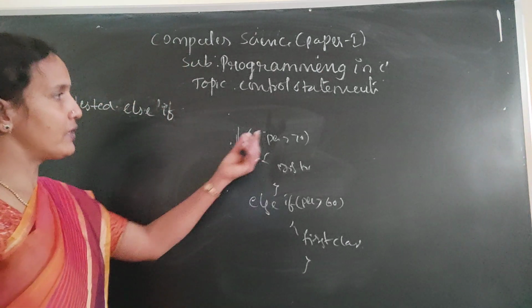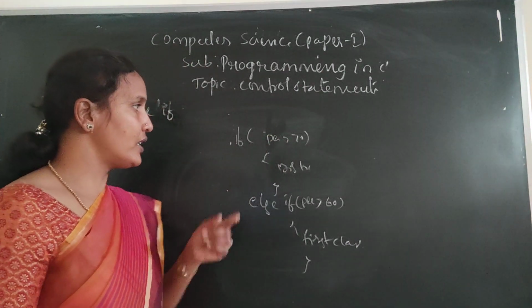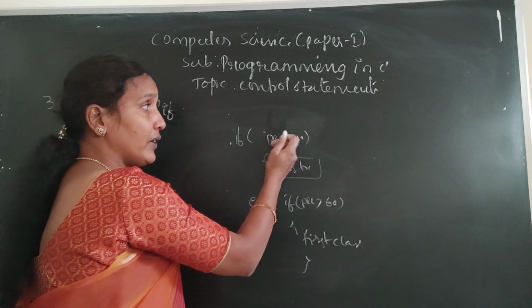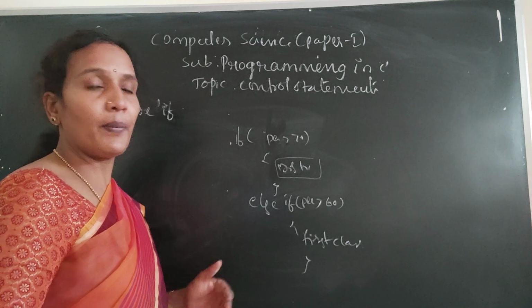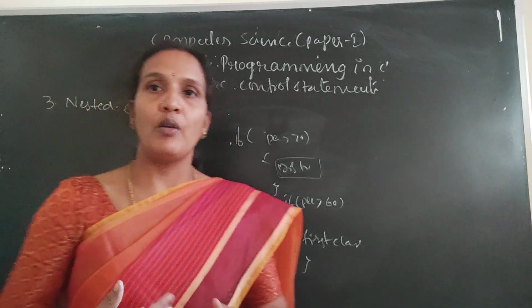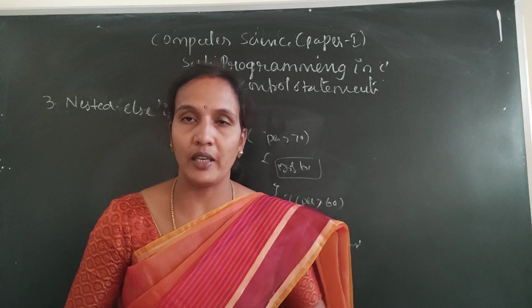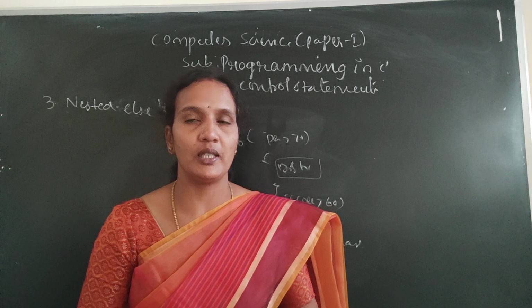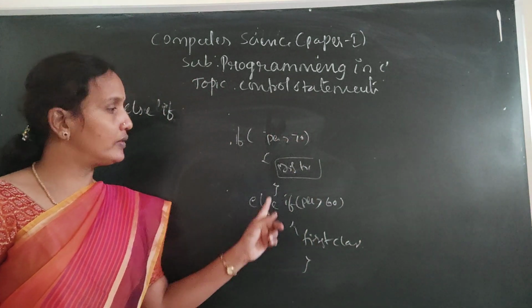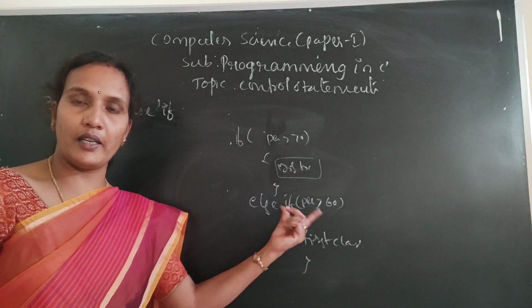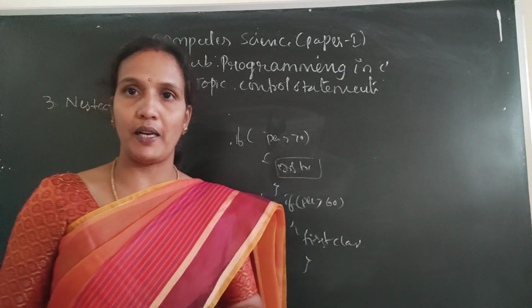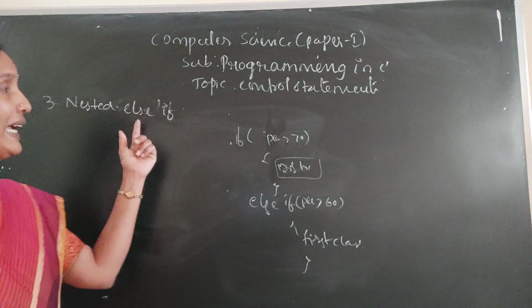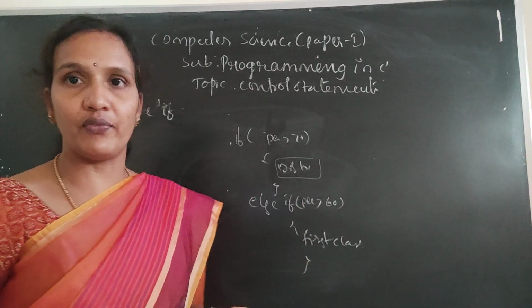Okay. Means first we will check the first condition. If the condition is true, whatever statements are there in the true block, that will be executed. But if the given condition is false, then what happened? We are going for the next condition. More number of conditions you can check. But when the outer condition is false, then only we will go for the inner condition. False means what actually? Else part. So in the else part also you are checking a condition. So that is what is called a nested else if. It is also called an else if ladder.